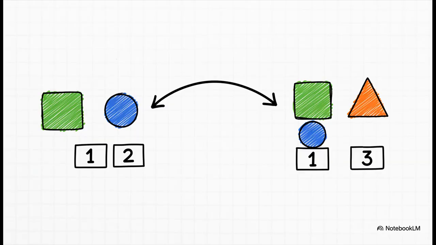The solution is actually pretty clever. We simply add a second vector right on top of the meaning vector. We call it a positional embedding, and its only job is to describe where that token is in the sequence. And here's the really cool part. We don't tell the model how to represent position. It learns the most effective way to encode it, all on its own during training.